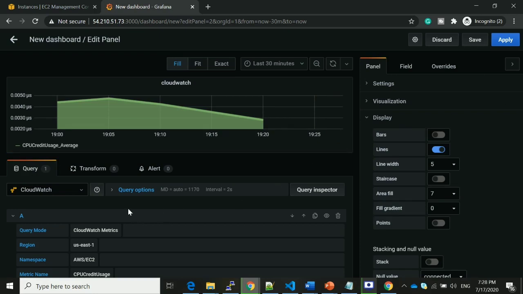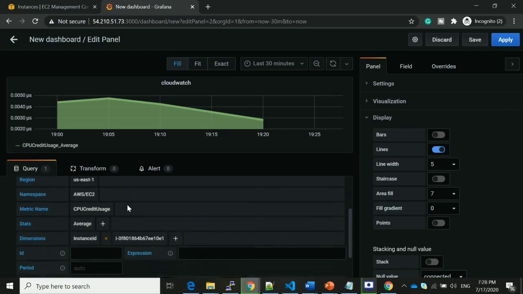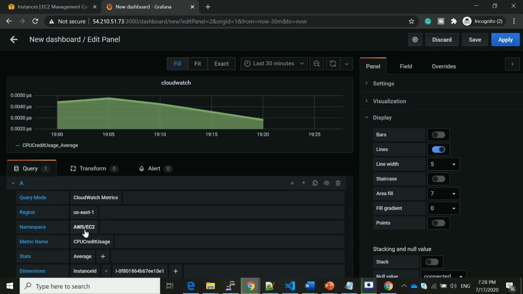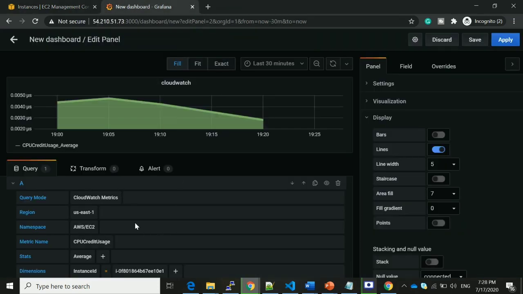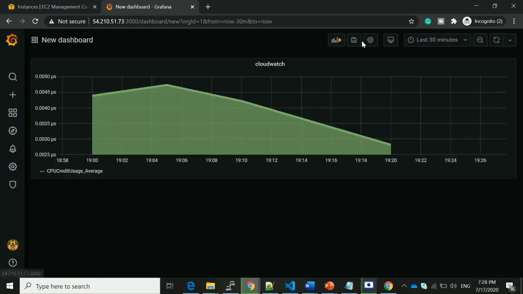If you observe this query section, you have made it for only a single AWS EC2 instance. For example, if you want to see the multiple AWS EC2 instance metrics, how is it possible? For this it is not possible, right? So you have to make this graph dynamic. So let's see how.